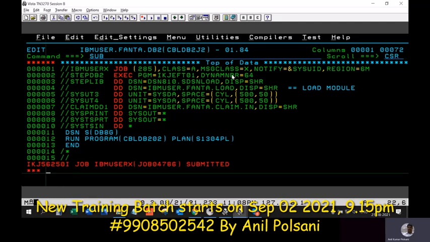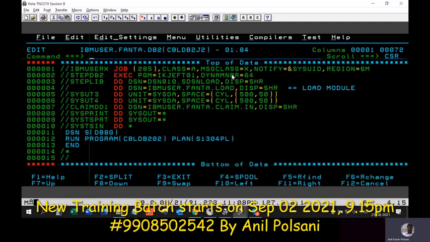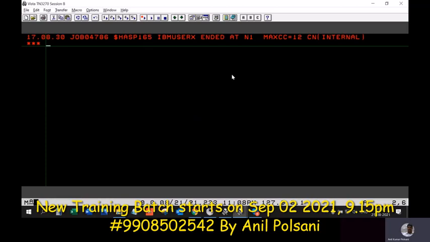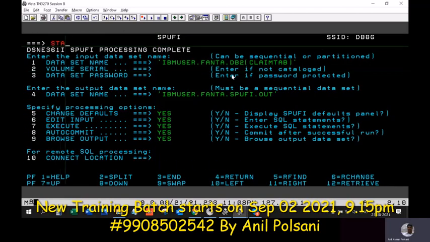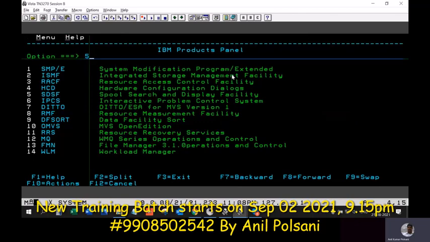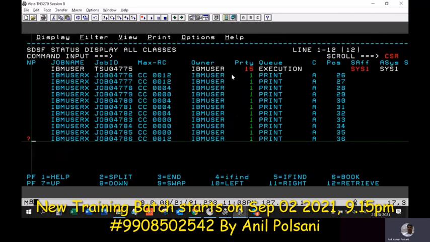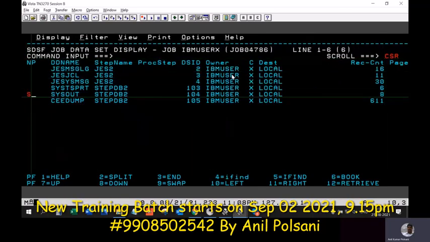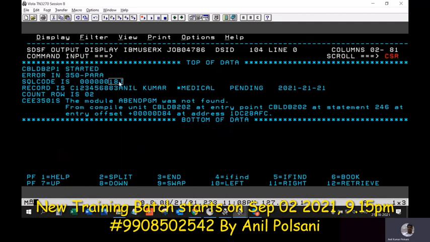So let's see whether it is failing or not. We got max is 12, so we're going to assume that it failed. So we'll check what the failure reason is. Sysout. It says -818. So this is a known number, which is invalid date.